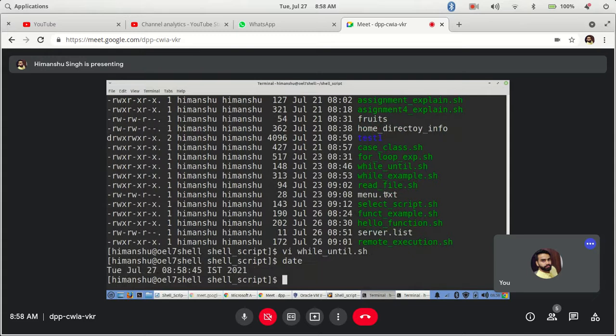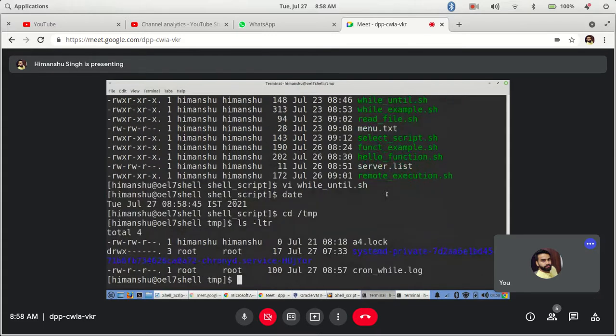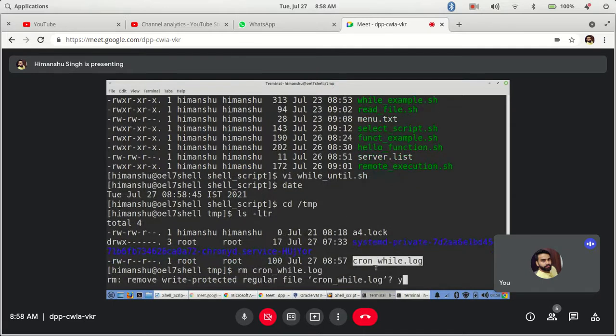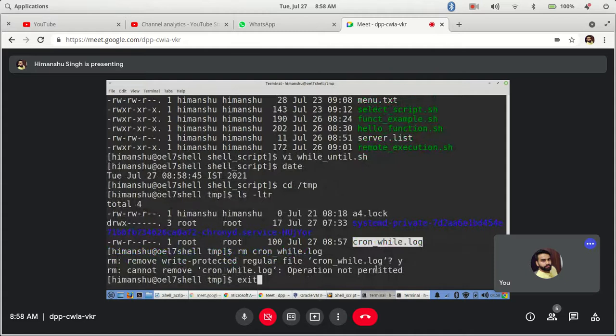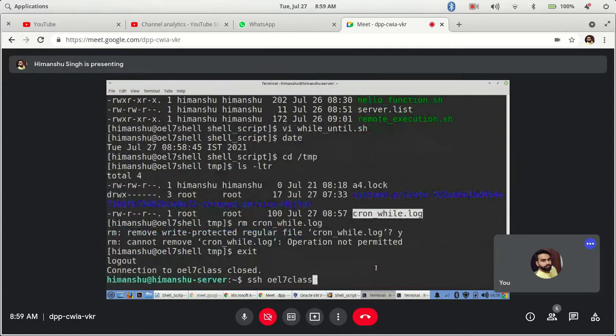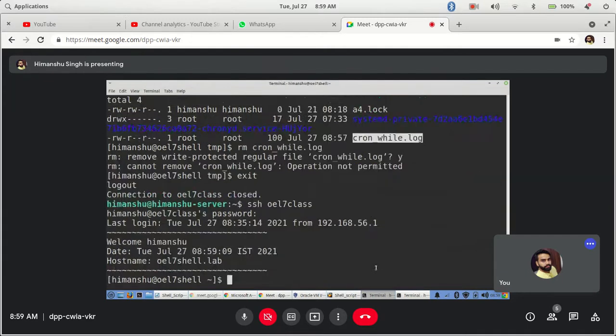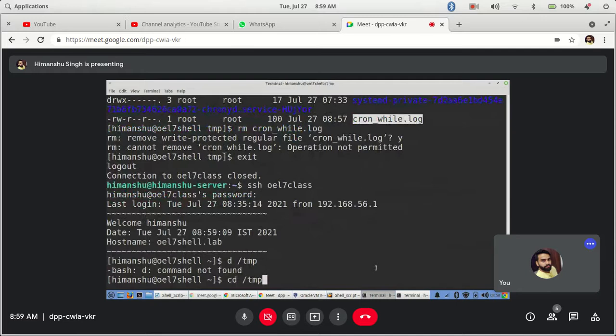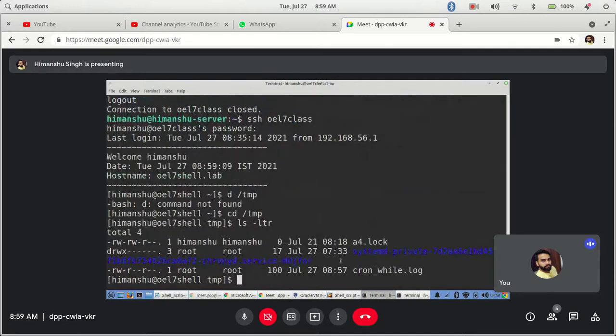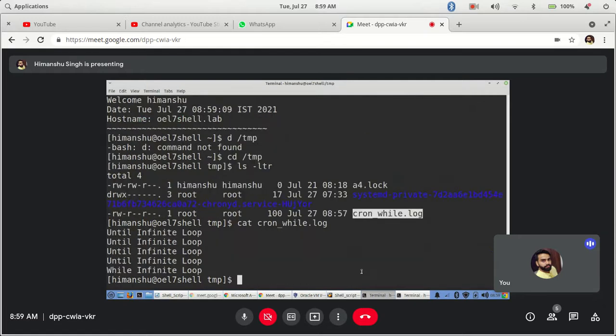Now let's see what happens, and let me go to my temp file and remove this file. Okay, it's from root user. Anyways, it got 59. If you see, the last written date to this file was 8:57. It never wrote anything for 59, right? The timestamp has not changed, which means it has not executed that script because there was an error in that script, correct?